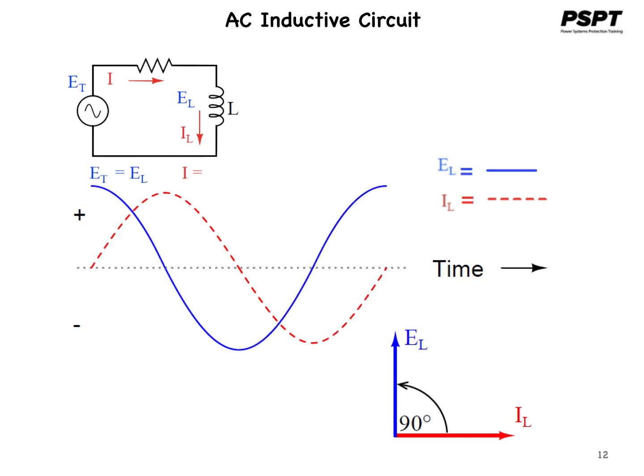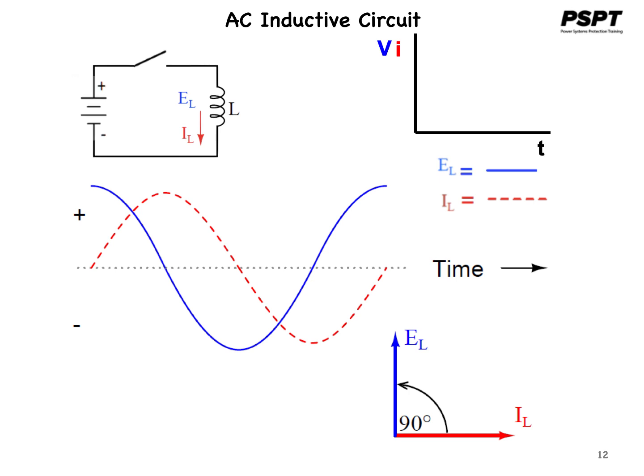When dealing with AC voltage applied to an inductor, it's always confusing to try and remember if the current leads the voltage or the current lags the voltage. The way I do remember it is going back to our DC circuit when we apply DC to the inductor with a switch, which is similar to starting the first half cycle of an AC wave. When we start at applying a positive value of voltage to the inductor,